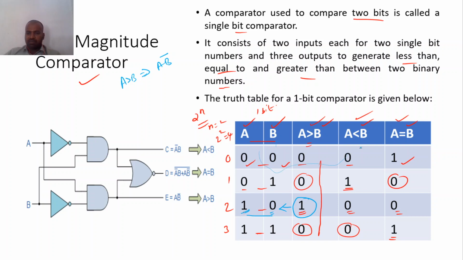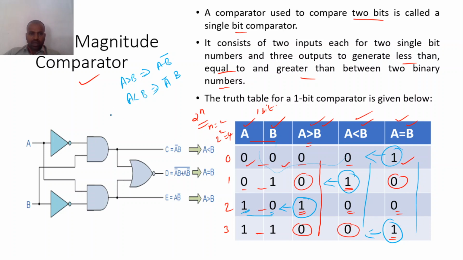Then a less than b, have a look at this. A less than b, in how many places is it having the value as 1? Only one place. So look at the corresponding input combination, it is 0 1. So a less than b, it is 0 1, so it is a bar and b. Okay, similarly for a equal to b, in two places the values are 1. Look at the corresponding input combinations of those two places.